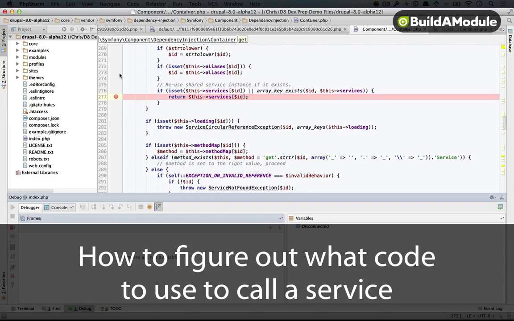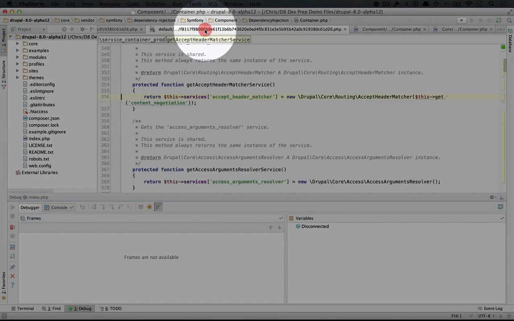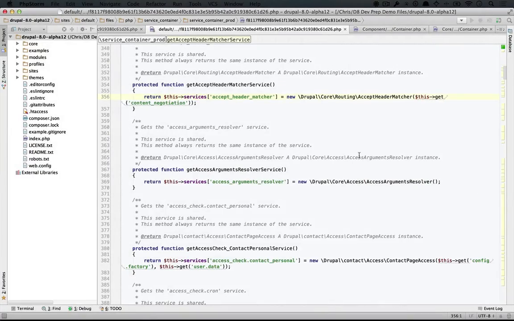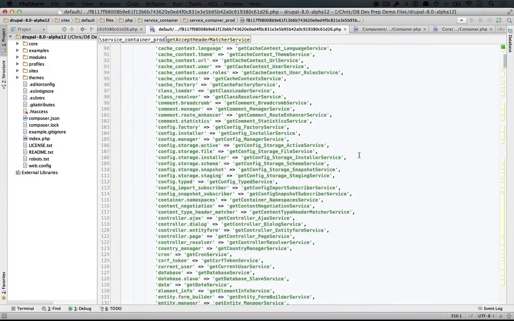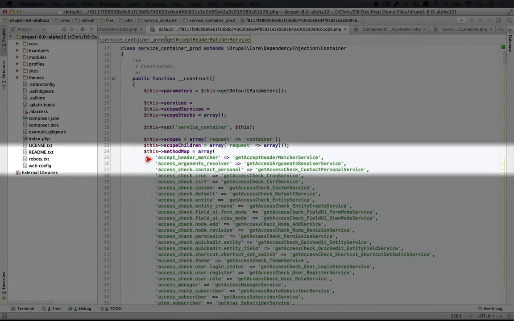But now the million-dollar question is, how do we access these services? How do we actually use them in our code? One way we can find that out is by going to our dependency injection container. I'm going to drop out this bottom tab here. If we scroll up to the top, we'll see the list of all of the different services that are available